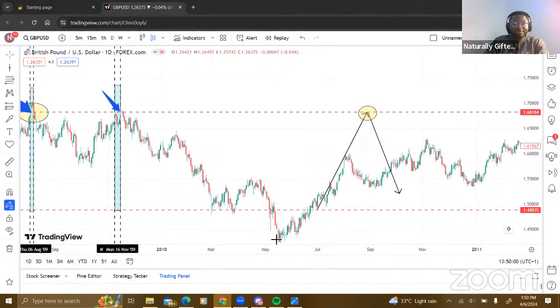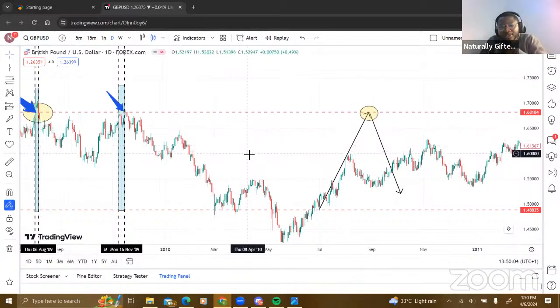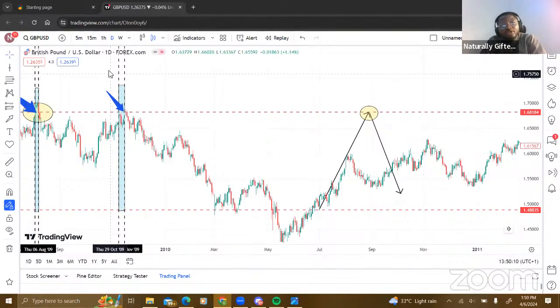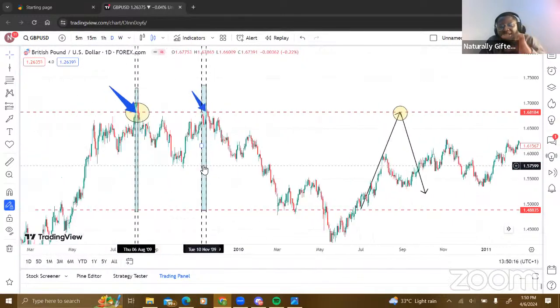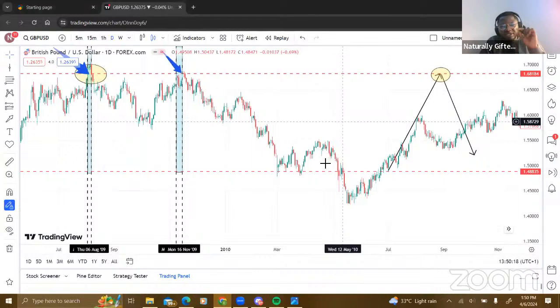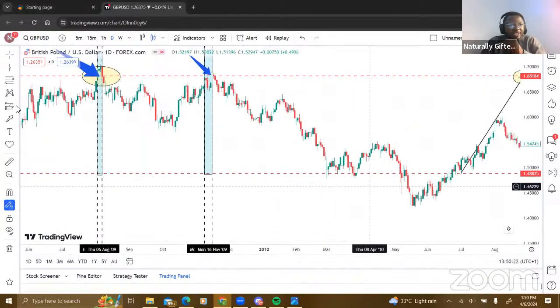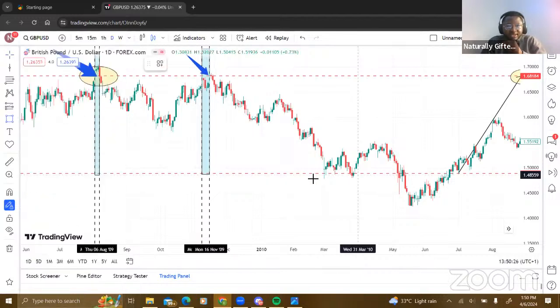Fantastic. So it then means that if I'm looking to trade with the banks, all I need to do is just go to the weekly time frame or the daily time frame to identify pivotal areas, to identify zones, reversal areas, reversal zones. Take a look at this. This is a reversal zone here, ladies and gentlemen. Look at this right here.